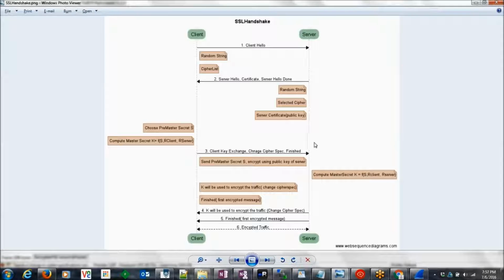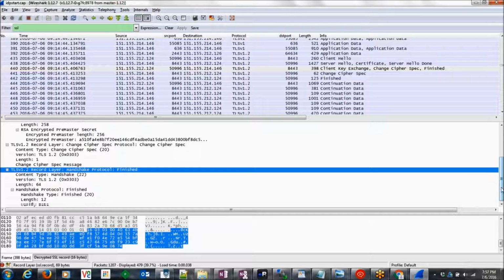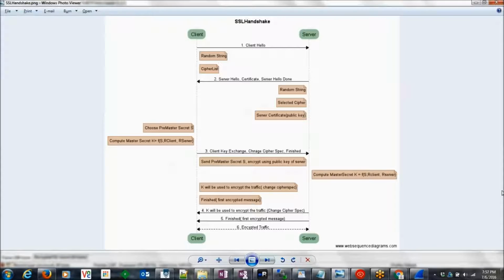And then it sends a message called finished. So you can see a message called finished. Finished is the very first message which the client encrypts using the master secret key. So finished is the very first encrypted message. And after that,